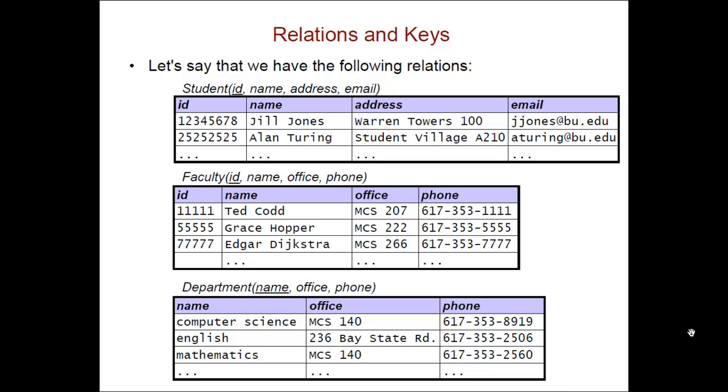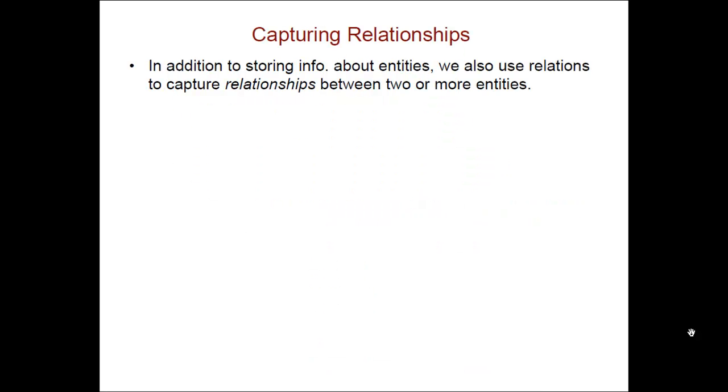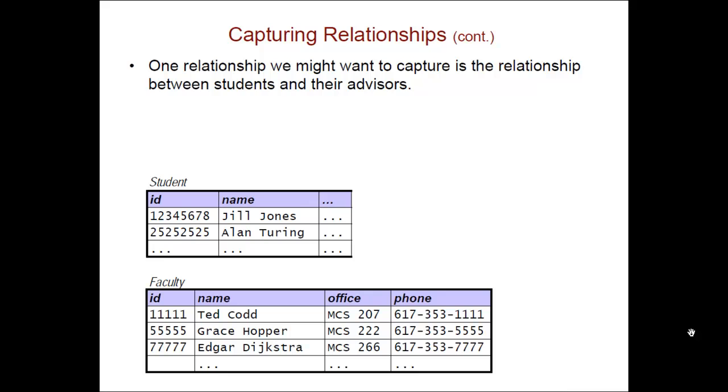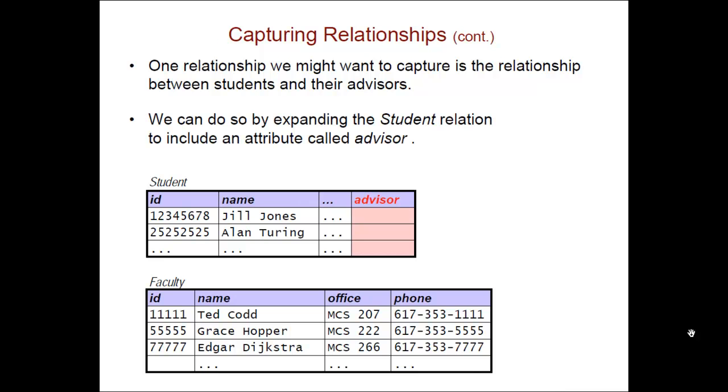Each of these tables is capturing information about a type of entity. Now we said we can also use tables to capture relationships between two or more entities. So for example, let's say we want to capture relationships between students and their advisors. So we have the student entities in one table, we have the faculty members in another table. One way that we could capture that relationship, or that type of relationship, is by adding an attribute to the